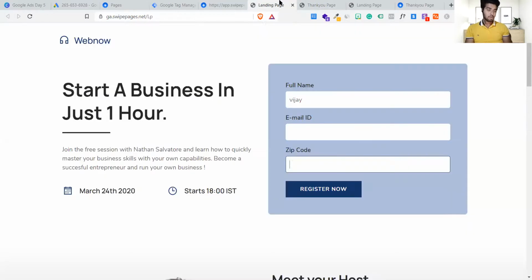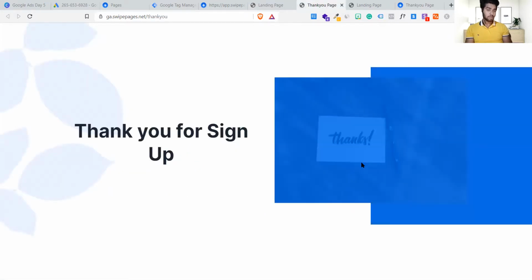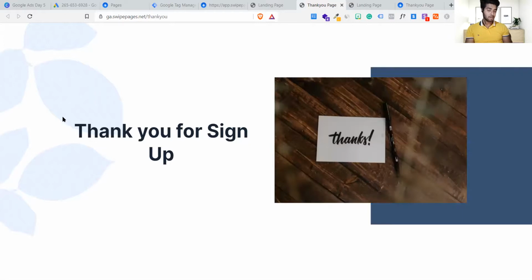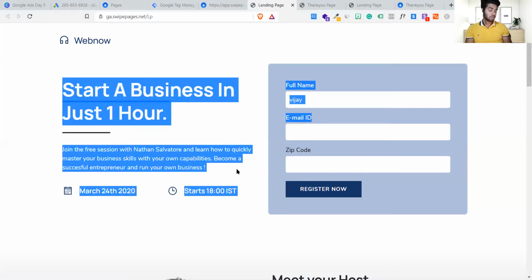See, what is the purpose of adding a conversion code here? Can you tell me what the purpose is? Because you must be thinking that this page is important, because the moment people come here, they should get tracked. It means they have converted, right? So why are we adding it to this page only?